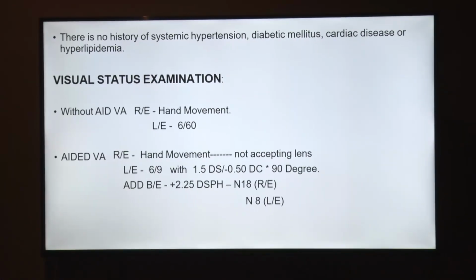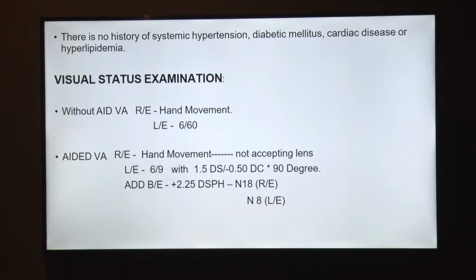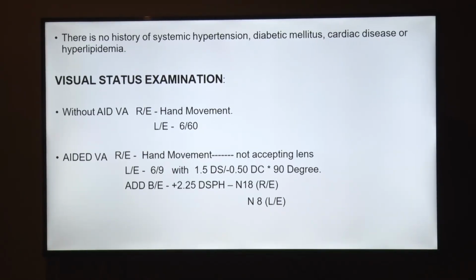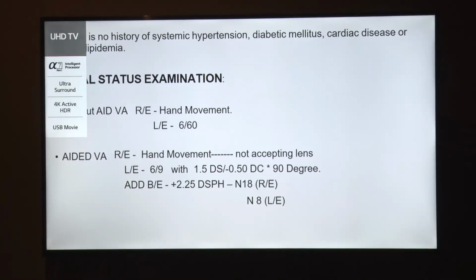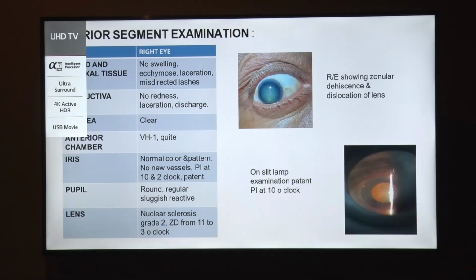So when we examined the patient, the visual acuity was hand movement in the right eye, and in the left eye it was 6/60. With correction it came to 6/9 in the left eye, but hand movement in the right eye. There is also a decrease in near vision in the right eye, N18 with plus 2.50 diopter. After examining the eye, on slit lamp examination, we can see there is a subluxation of the lens in the